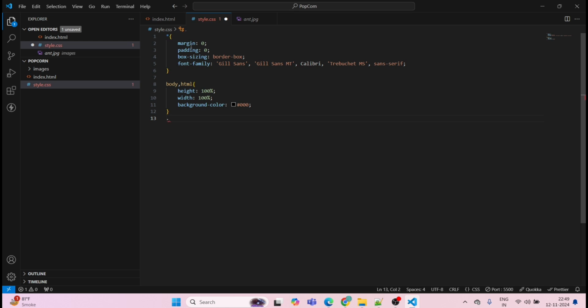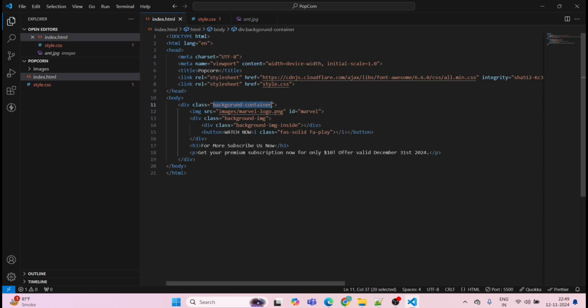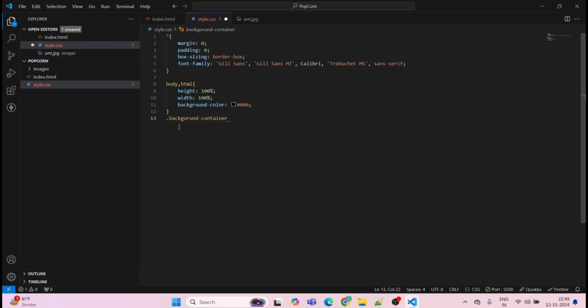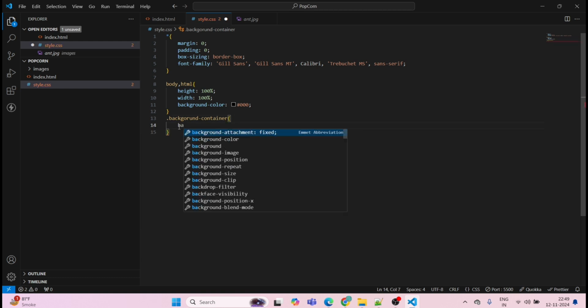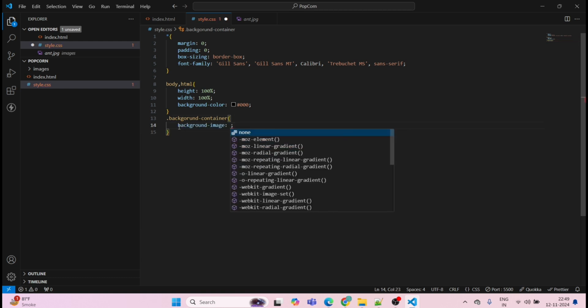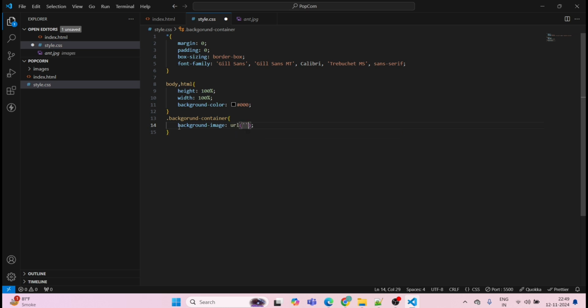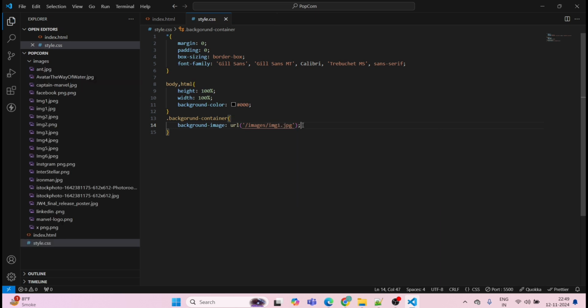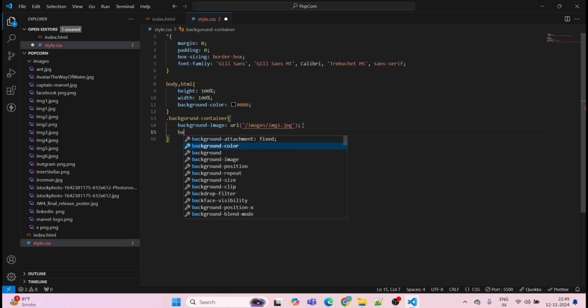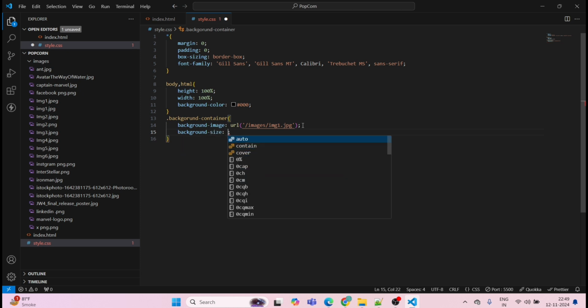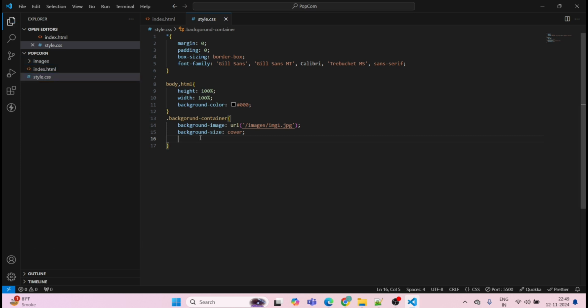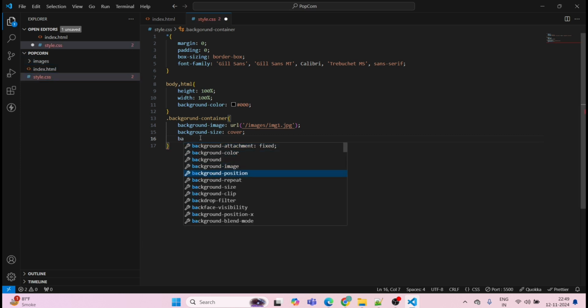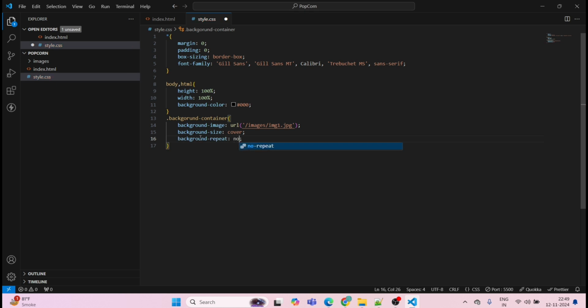We have the background container, so what I'll do, I'll just get this and add it here. Background image URL images, image 1, background size cover, background repeat no repeat,